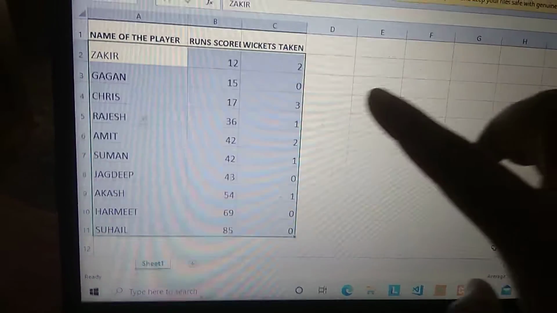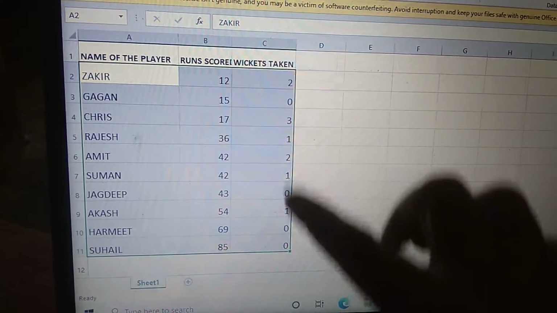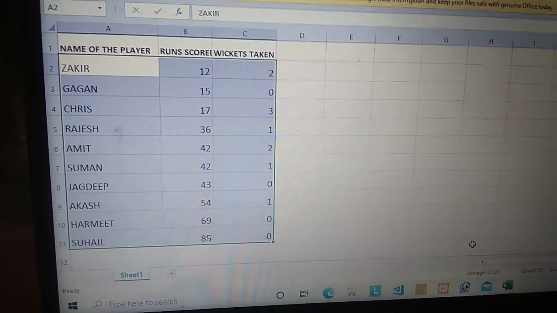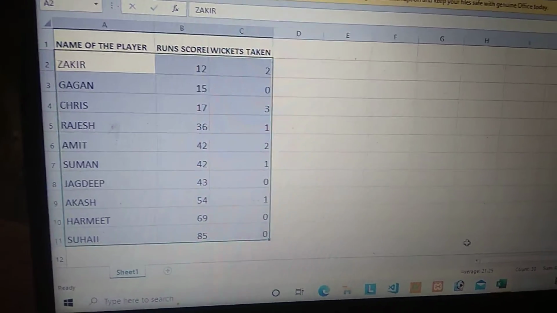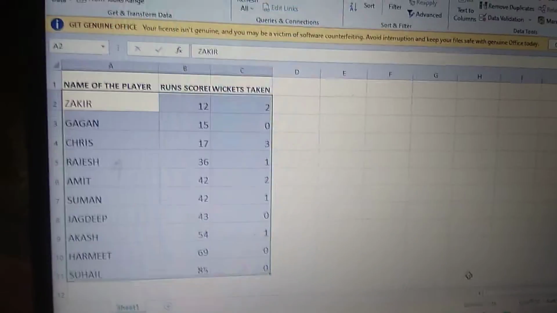I took the wickets taken in largest to smallest, but it is not arranged there. Only this column is arranged. So we can say that only the first column will be arranged if we are taking custom sorts.